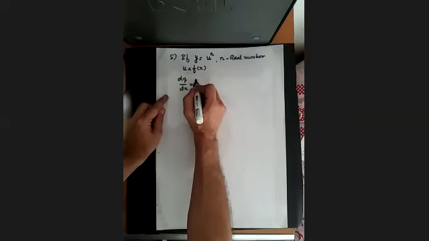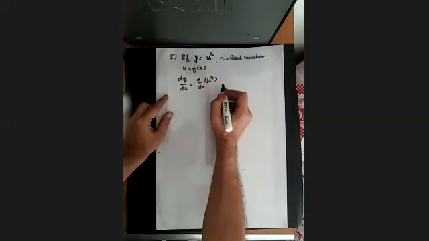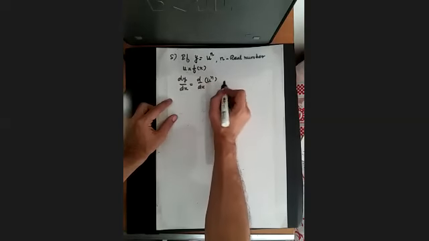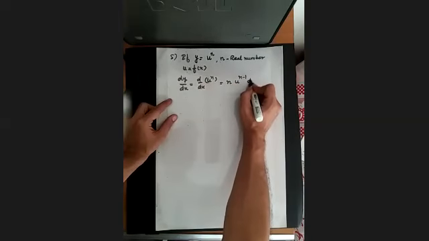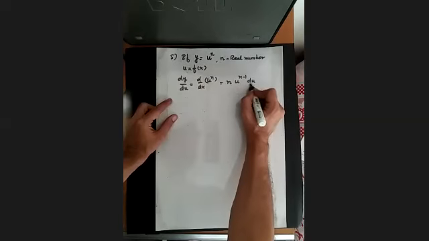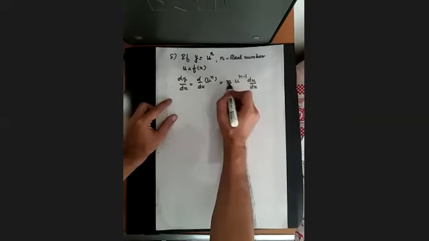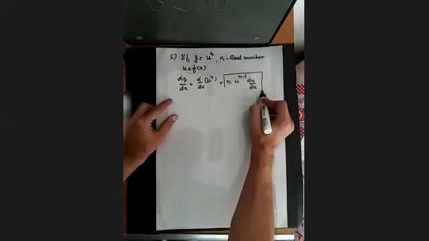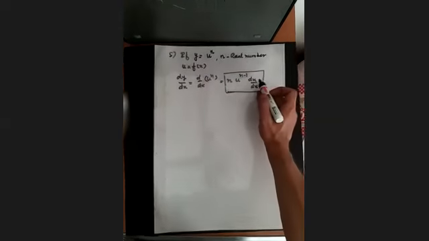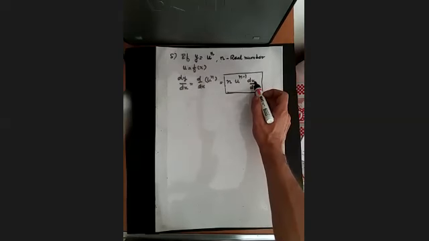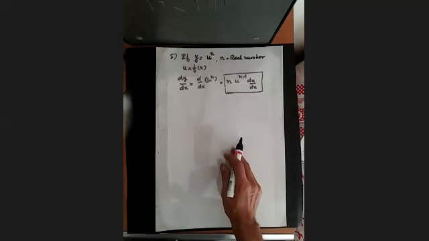So it will be equal to d dx of u to the power n. And you solve this like x to the power n: n outside, u to the power n minus 1, and differentiation of this u with respect to x. So that will give you dy by dx, that is n u to the power n minus 1 du by dx. So whatever the value of u, we will put it here and then differentiate with respect to x, that we have already discussed in the previous formula.